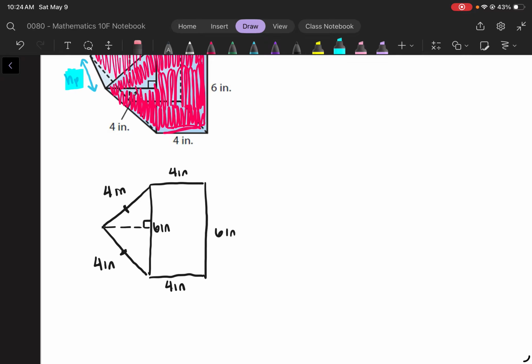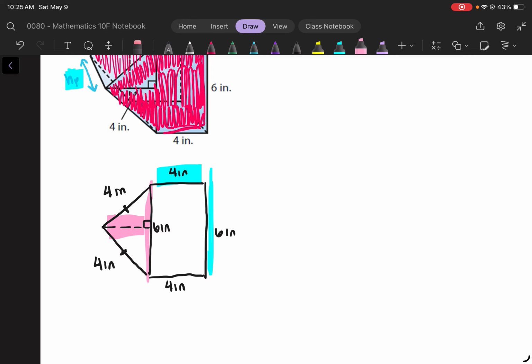If I'm thinking ahead, I've got the dimensions to find the area of a rectangle, no problem, right? Length and width. And if I'm thinking ahead, I need base and height of a triangle to find the area of a triangle. But one of the things that I might notice,